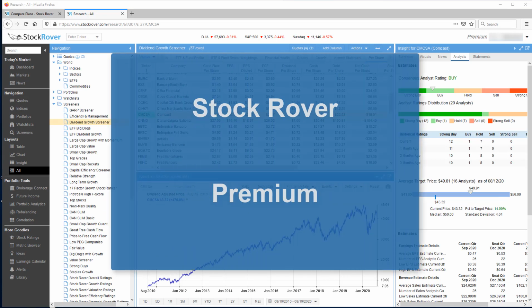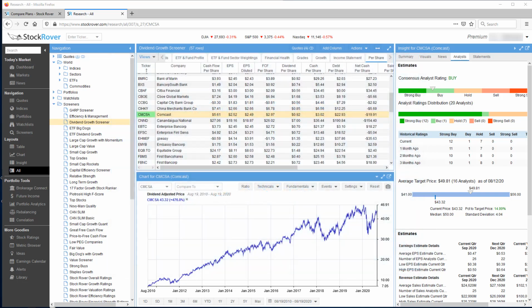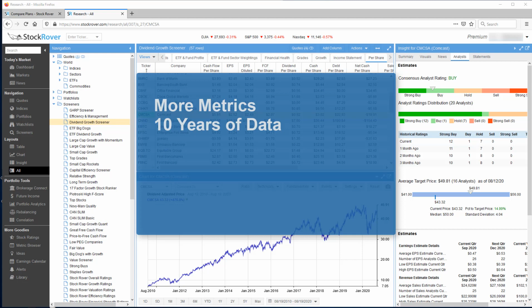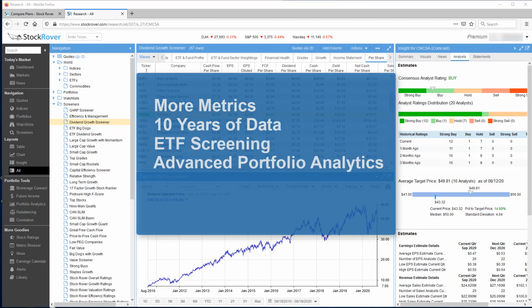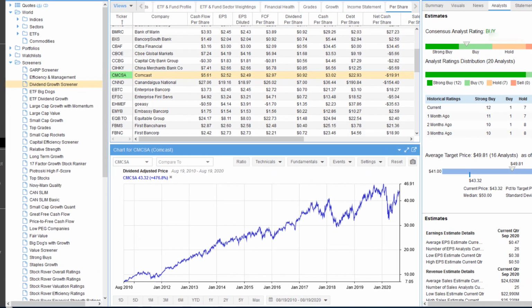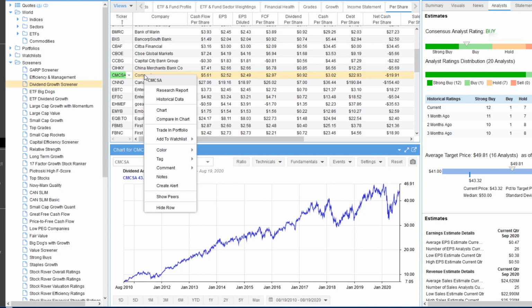The Premium plan is the middle-tiered membership plan, and it's ideal for investors who want all the capabilities of the Essentials plan, but more metrics, 10 years of data, ETF screening, advanced portfolio analytics, multi-monitor support, and more. Let's take a closer look. We see more historical data, 10 years versus the 5 years in Essentials. The table layout includes more capabilities. It allows investors to annotate and categorize tickers in the table with things like color,